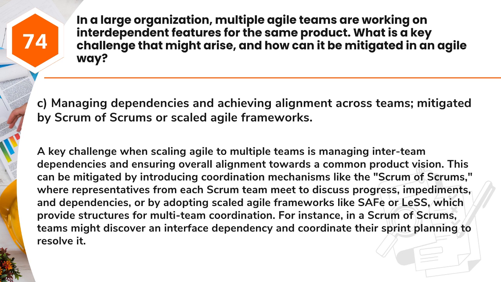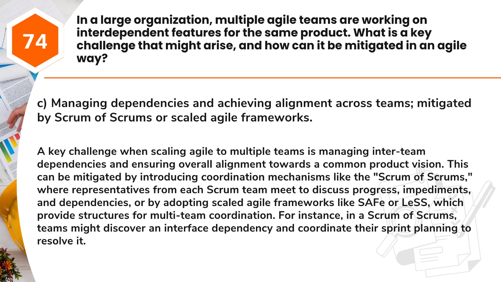Answer: C. Managing dependencies and achieving alignment across teams, mitigated by Scrum of Scrums or scaled Agile frameworks. A key challenge when scaling Agile to multiple teams is managing inter-team dependencies and ensuring overall alignment towards a common product vision. This can be mitigated by introducing coordination mechanisms like the Scrum of Scrums, where representatives from each Scrum